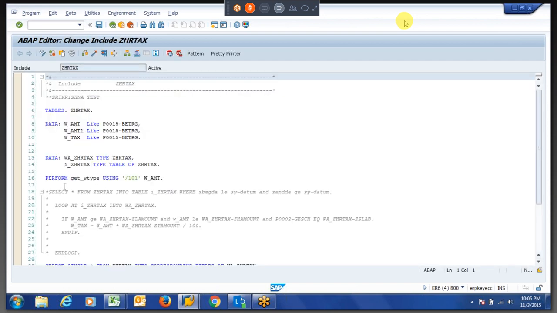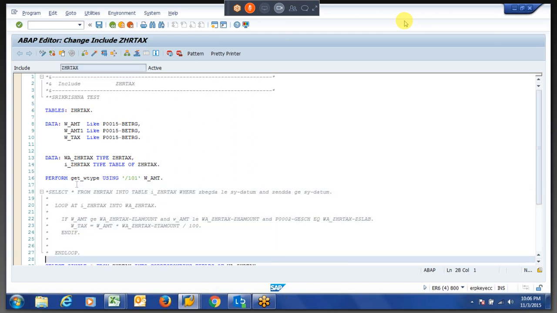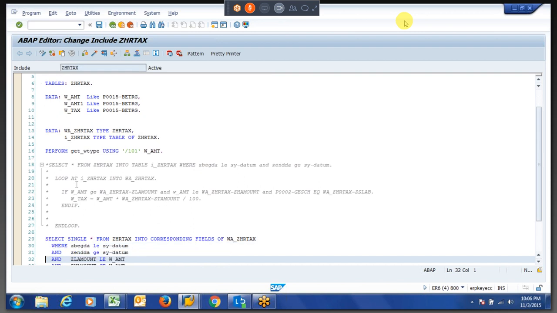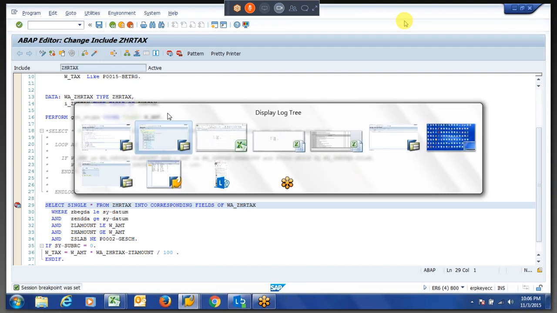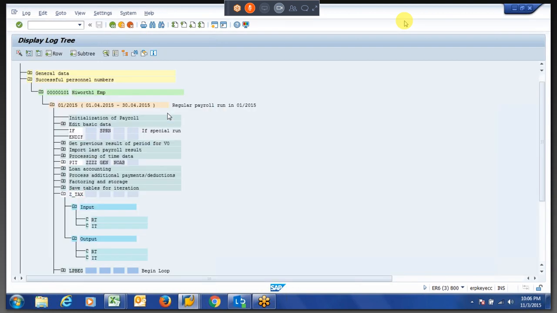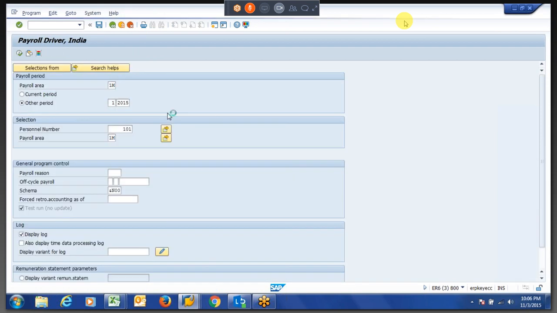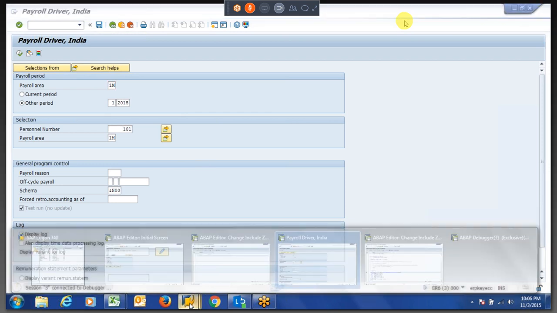Let us say if I want to know what was happening, or whether my rule was reading correctly or not. Let us say if I want to know from here, I will put a breakpoint over here, so it should stop if my rule was reading. The same thing ABAPers will do. Whatever the relevant places, they will put a breakpoint and see what values it was passing here. Debugger mode went for.